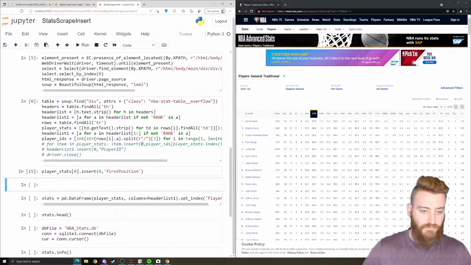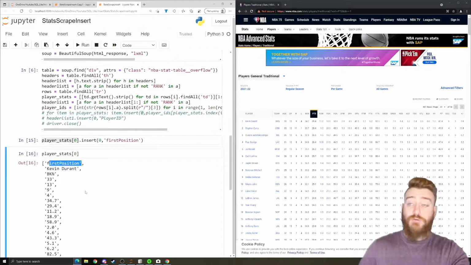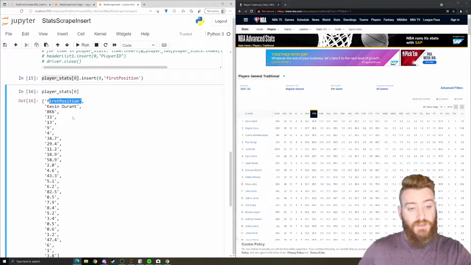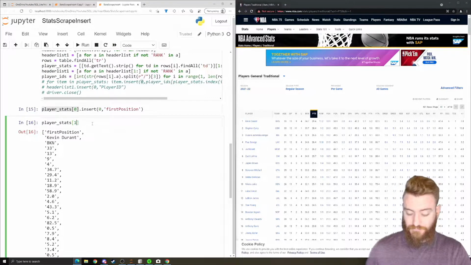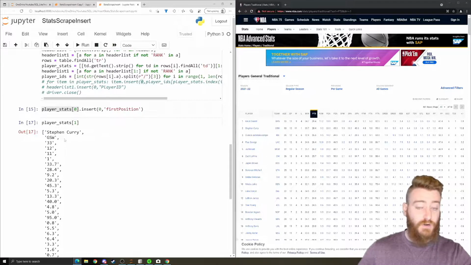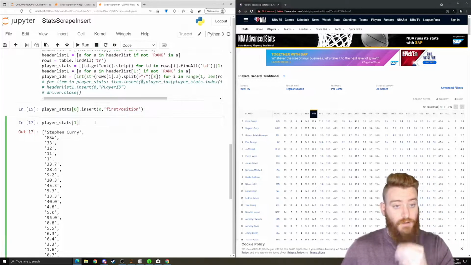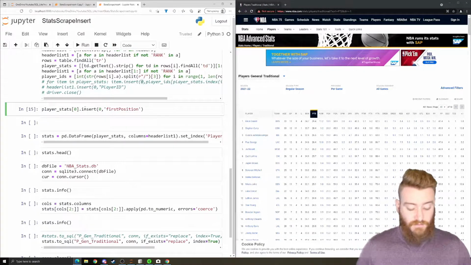If we do that, then let's look at player stats 0 again. We can see first position is now, so we didn't lose any information, right? We're just adding that in and sliding Kevin Durant and the rest down. But if we look at player stats 1, we don't have that. We just start with Steph Curry because we only inserted it into the 0th object. So what we want to do is basically,